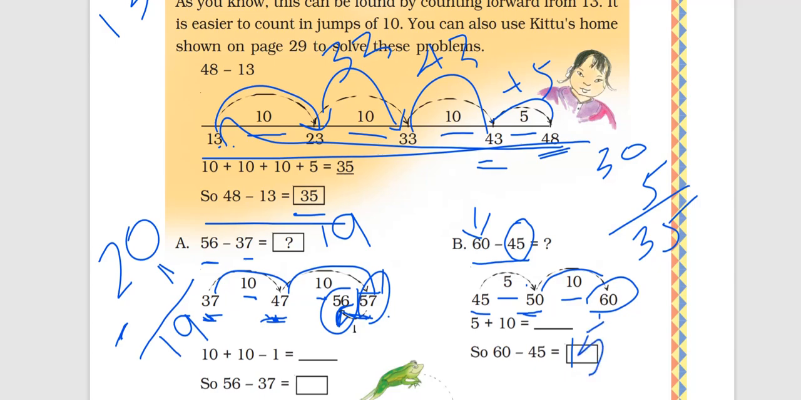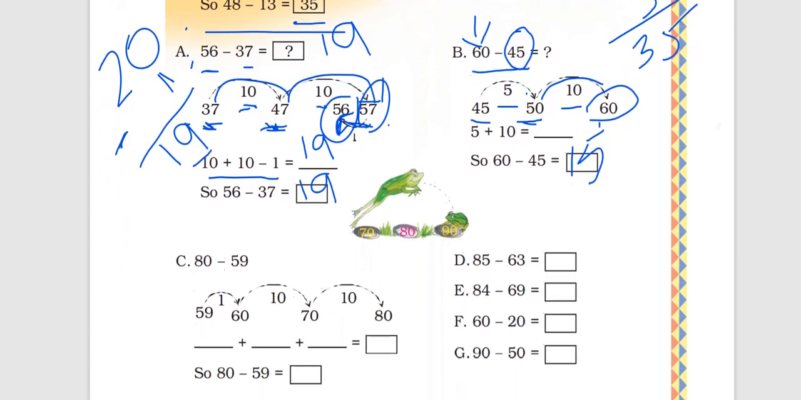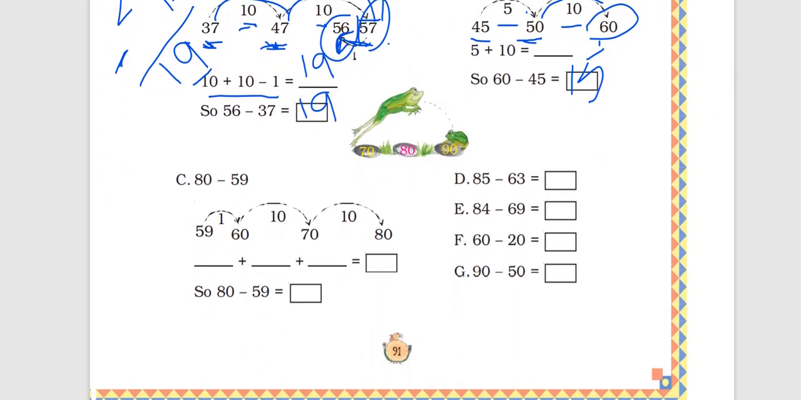And 56 minus 37 is 19, and 10 plus 10 minus 1 is 19, right? You saw that over here. 10 plus 10 is 20, and minus 1 is 19. Okay? We have some more over here,